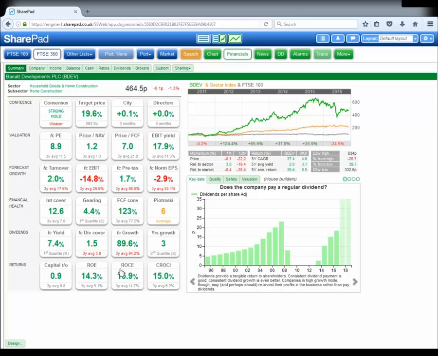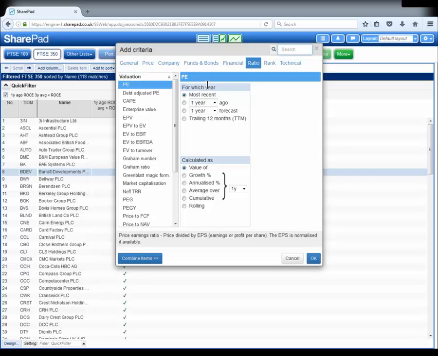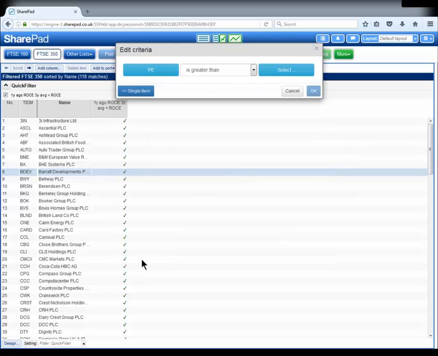So let's try a similar thing, but this time we'll have a look at the forecast PE being greater than the 3 year average. So in this case, the forecast PE has to be greater than the current 3 year average. So it's just slightly different, but again very similar. So we're going to click back to our Maximize List View button, and I'm going to click on Add Criteria. Now when you click on Add Criteria, PE happens to be currently selected. So what we're going to do is just click on Combine Items, and on the left hand side I've got PE,